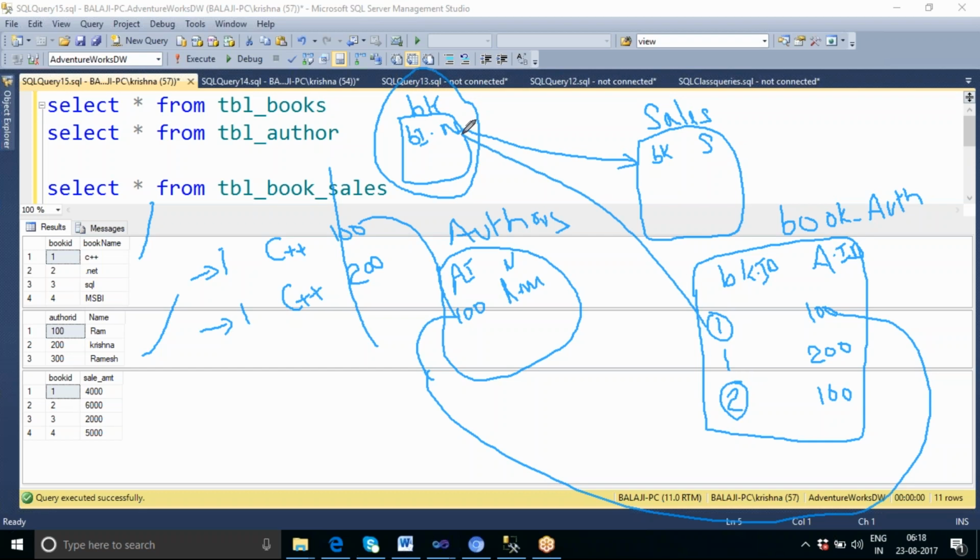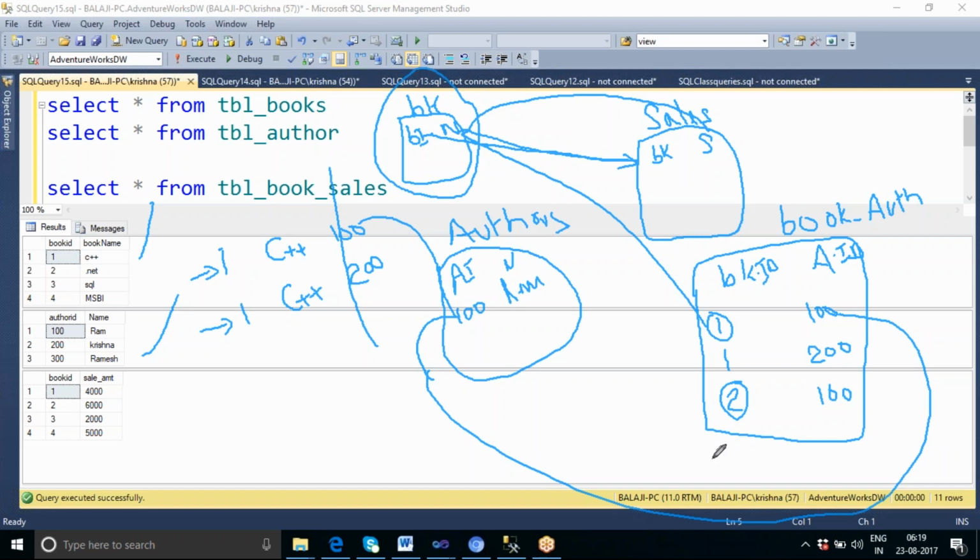Then go to my books table and go to the sales table. In the sales table I have the book ID, no? So I will go to the book table and get the book information, the book ID. I can join these two tables using the book ID, and I can join my book table and the sales table using the book ID. Like this, I will make a round. To get the author wise sales, first I join the book author table and get the book ID, then I join the book dimension table and take the book ID, and I join the sales table.